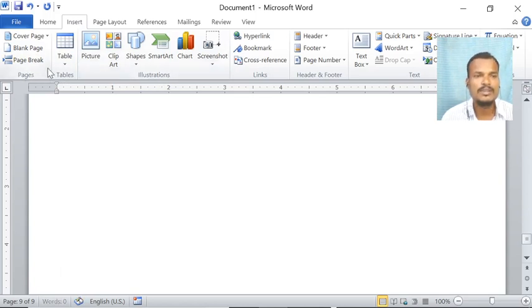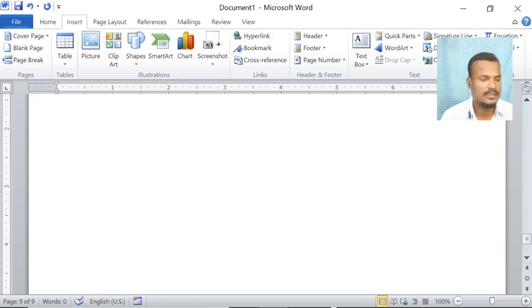In groups again we have options, or we can also call them commands. So a ribbon consists of groups, and a group consists of options or commands.